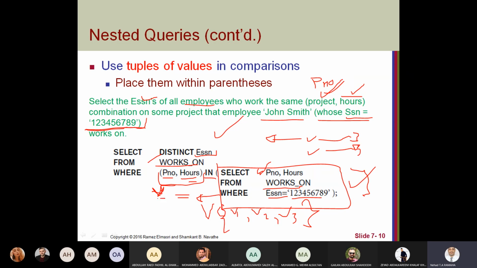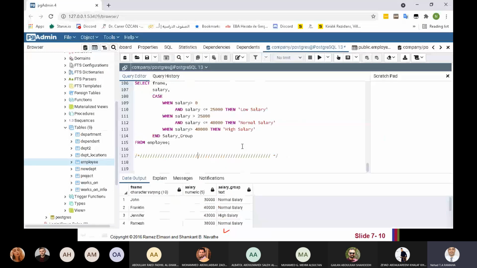So we compare whether this project and hours combination exists in the set of returned values or tuples from the inner query. So we can run this query.